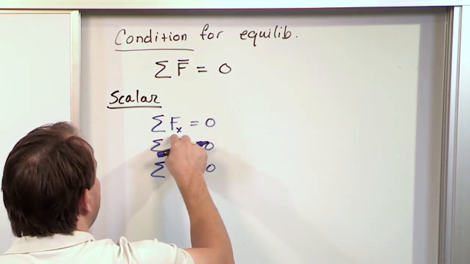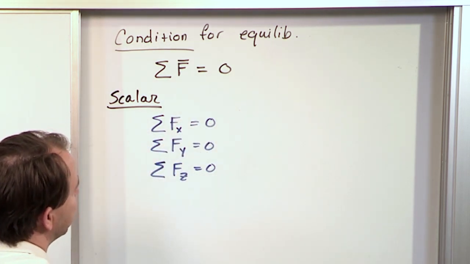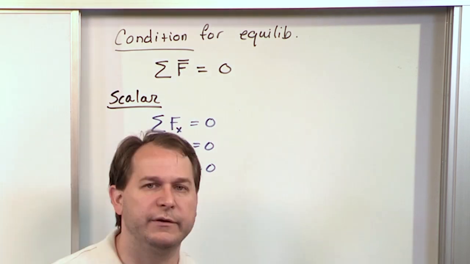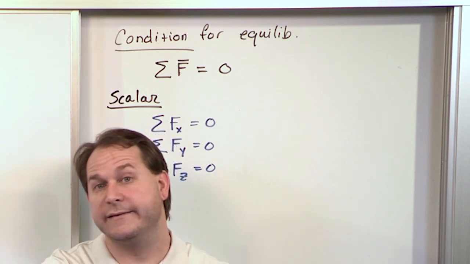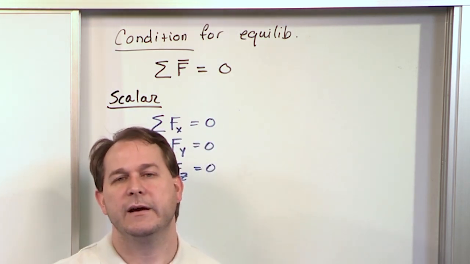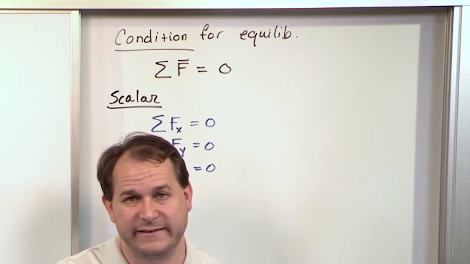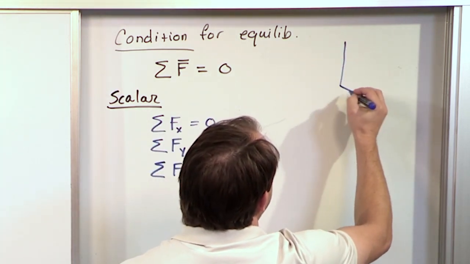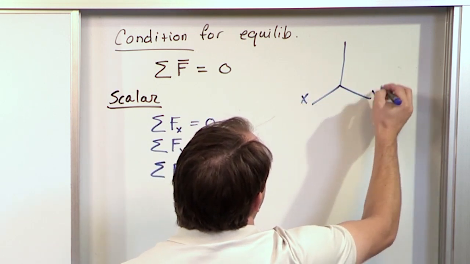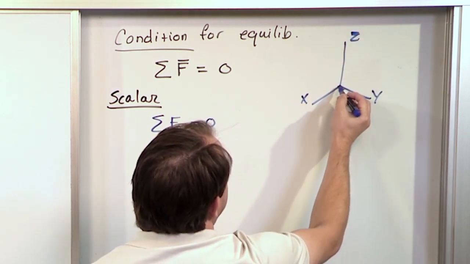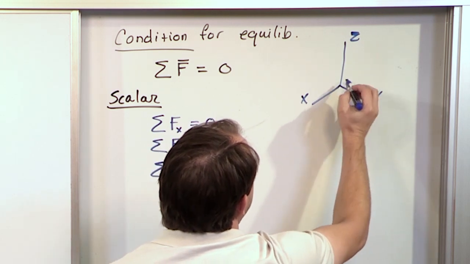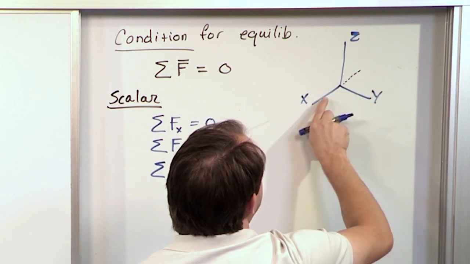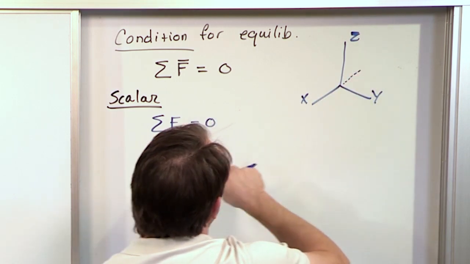Notice there's no vector bars over here, because now we're dealing with scalar quantities. So you still have to keep track of signs, and we still use the same sign convention, positive x that way, positive y up, and so on. Or typically in a 3-dimensional system, we draw it more like this: x, y, and z. So positive x is this way, positive y is this way, positive z is up. And if we go, for instance, this direction along x backwards, we have a negative component of a force